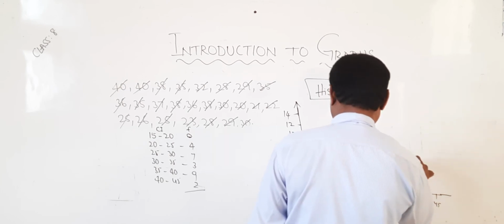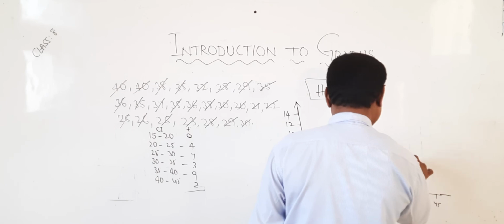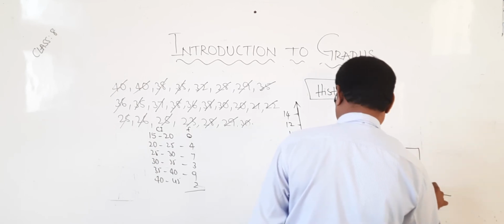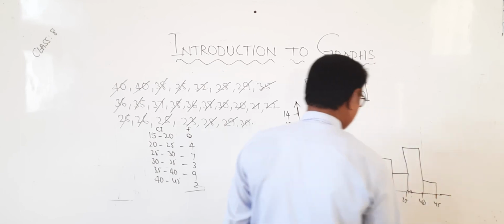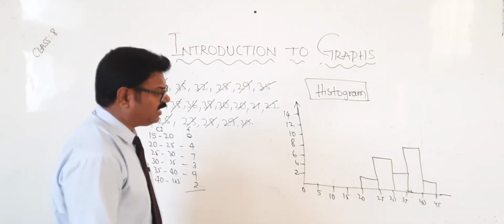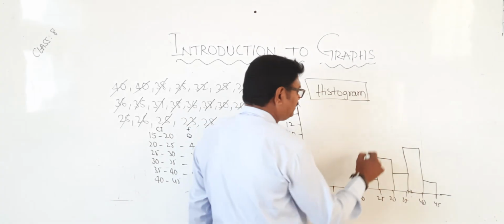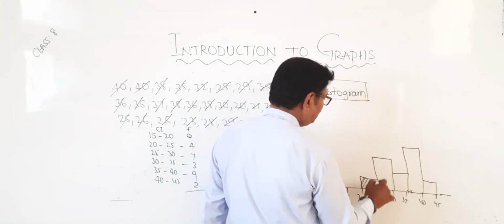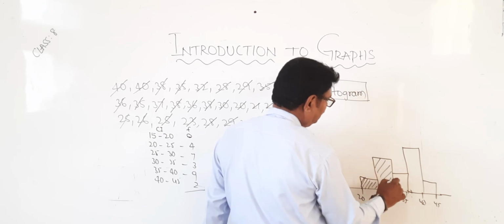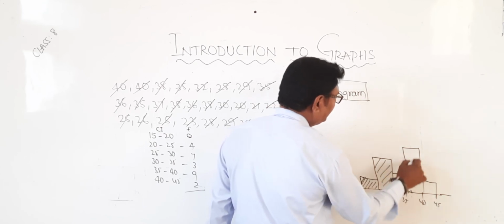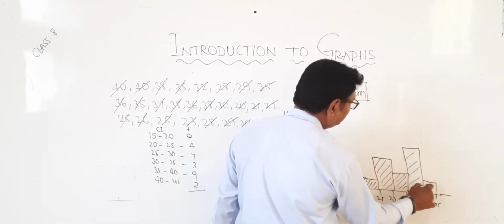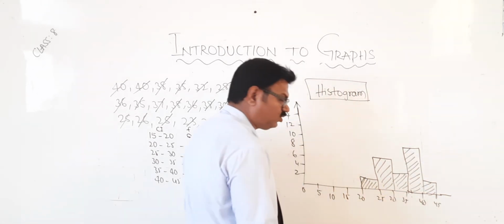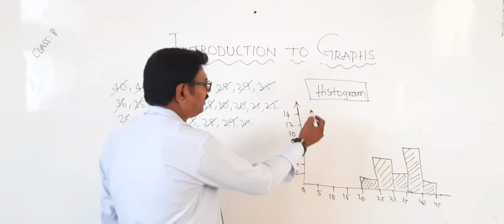Next 9 members. Next 2 members. 4. This is known as a histogram. What is this? Histogram. You see, like this, here there is no gap at all. Graph to graph, there is no gap at all. You see, any gap is there? No gap. Therefore, it is nothing but what is this?